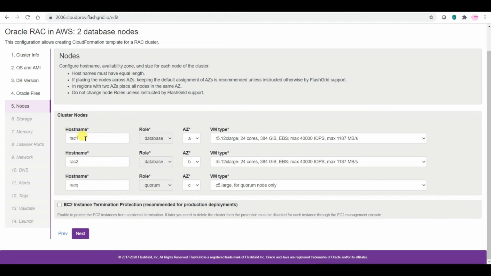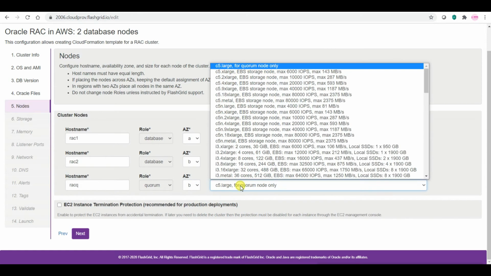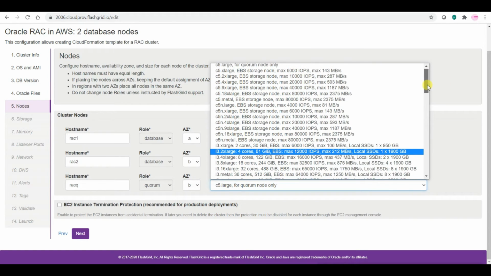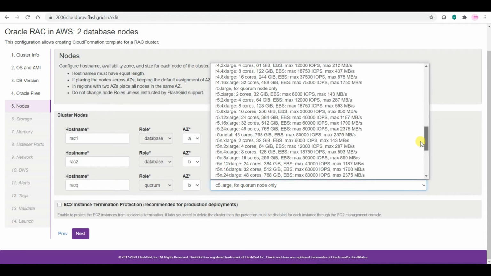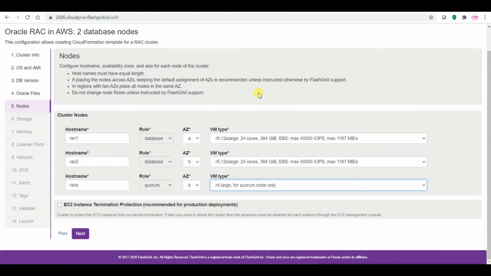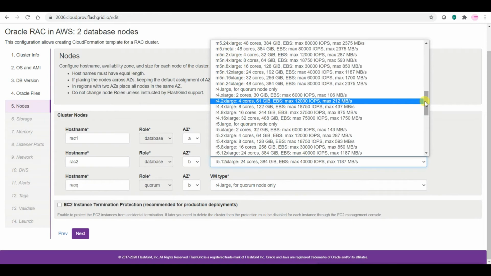So I got everything. Let me give the host name as rack 1, rack 2, let it be as it is. And the zone, let me take it as B zone itself, because it might fail because it was not able to find R4 VM type in my Mumbai region with C availability zone.